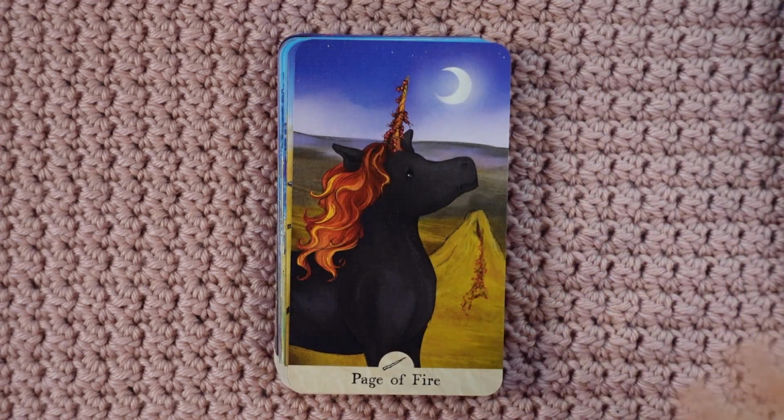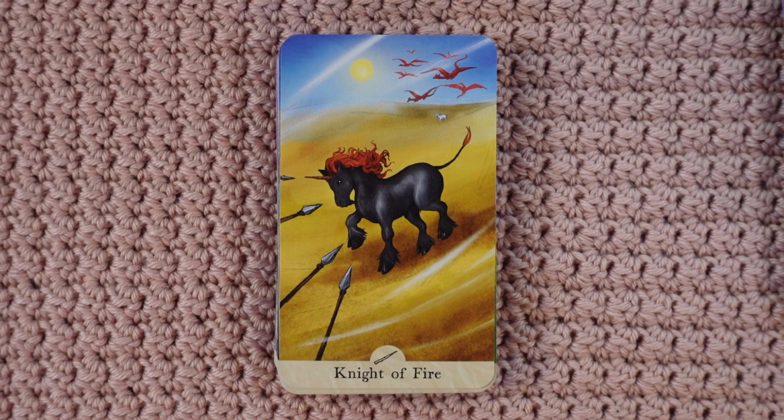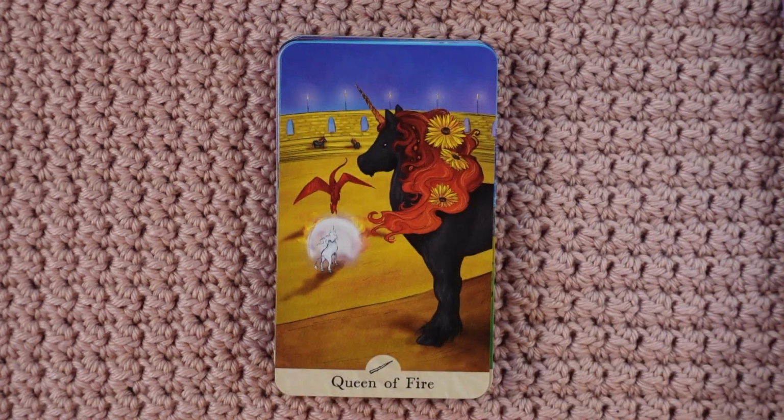The Page of Fire. I really love how these characters show up throughout the numbered cards. I think that is so neat. We've got the Knight of Fire, the Queen, and I believe too that the court cards are written